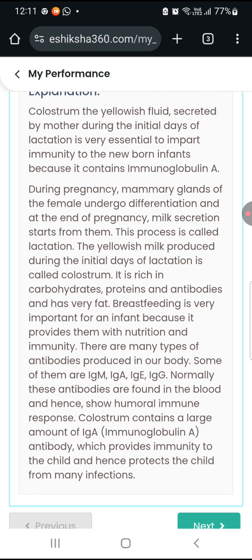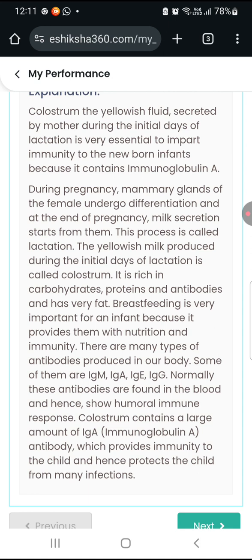There are many types of antibodies produced in our body. Some of them are IgM, IgA, IgE, IgG. Normally, these antibodies are found in the blood and hence show humoral immune response. Colostrum contains a large amount of IgA, immunoglobulin A antibody, which provides immunity to the child and hence protects the